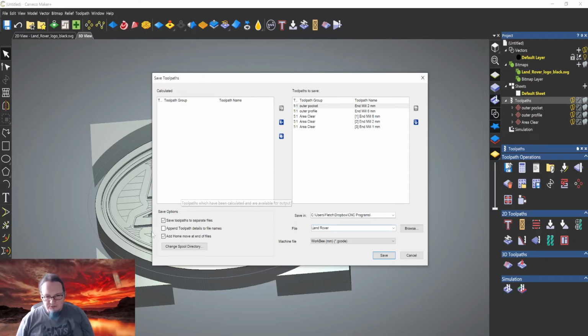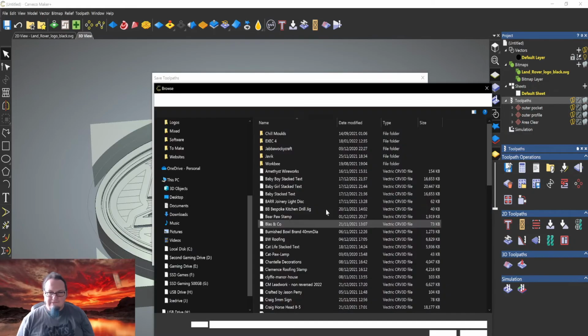Here, all I have to do is put a tick in this box here, and then when it saves these files out, it's actually going to let me just change where it's going to put this. Okay, when I put this tick in here, it's actually going to add the tool names to the files, so I know which tool is for what. So there's that there,